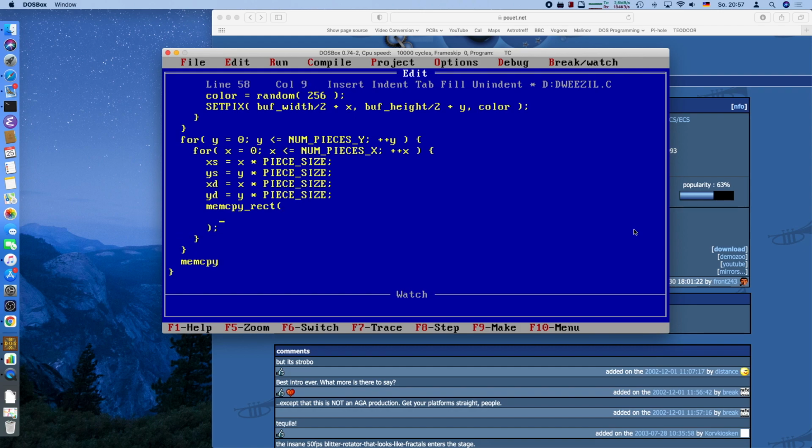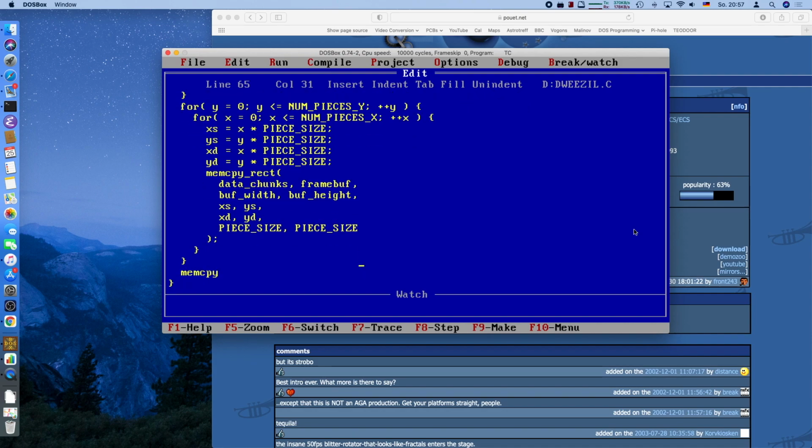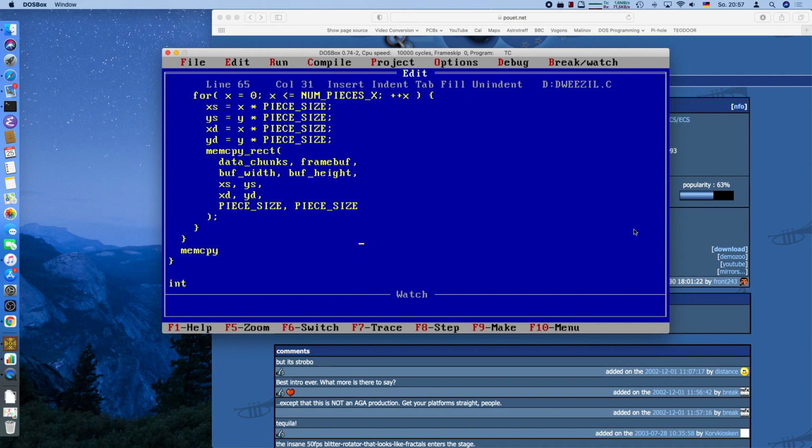We copy now to the back buffer, so we copy 2 data chunks from our frame buffer with the buffer width and buffer height for both, and with the source coordinates and the destination coordinates, which is basically just a simple copy. It does nothing right now, and we copy exactly 1 tile at a time. We won't see anything now because it ends up in the back buffer, but we will now copy it back